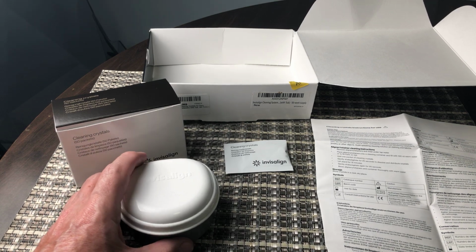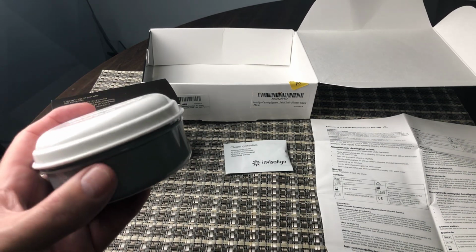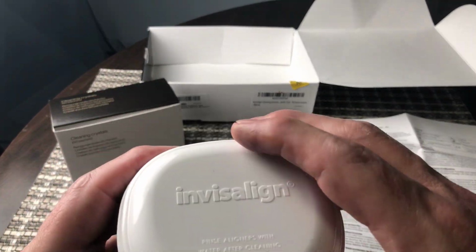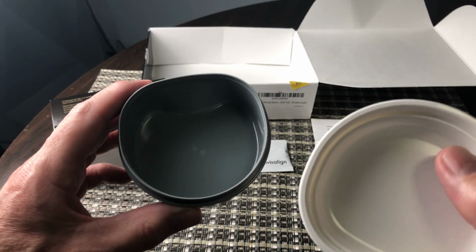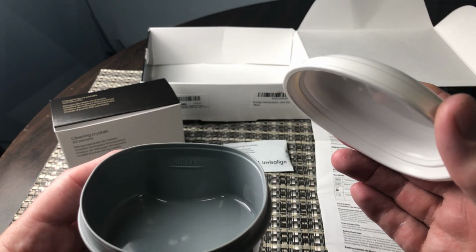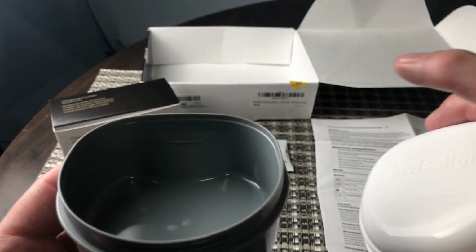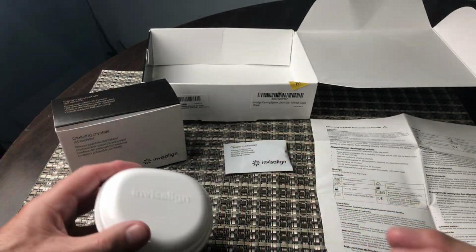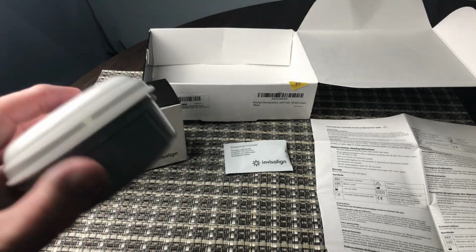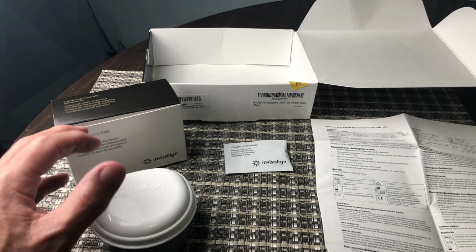This particular one that I purchased with the tub, I know it costs about an extra $10 for the tub, which seems a little crazy for just a plastic tub like this, but it is very convenient. It's the ideal size for any aligners or retainers, and it's got the little fill line. You can sort of see it over there for the instructions. So worthwhile if you haven't had one before, I would recommend getting the little tub with it, but for replacement ones you obviously don't need to get that